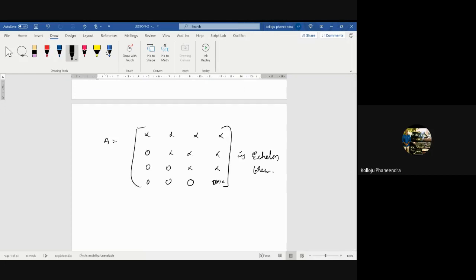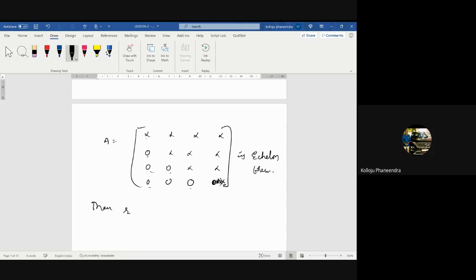If it is 0, the 0 row occurs at the bottom of the matrix. If it is not a 0 row, there is some value there. That is the echelon form property: no zeros, 1 zero, more than 1, 2 zeros, more than 2 zeros. Yes, it is the echelon form.